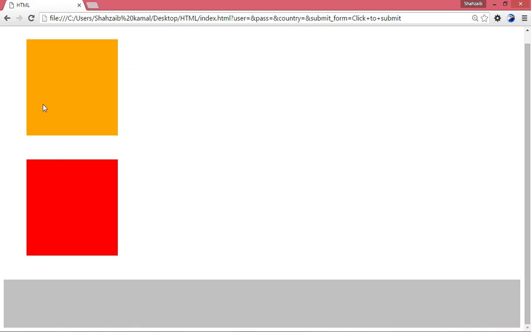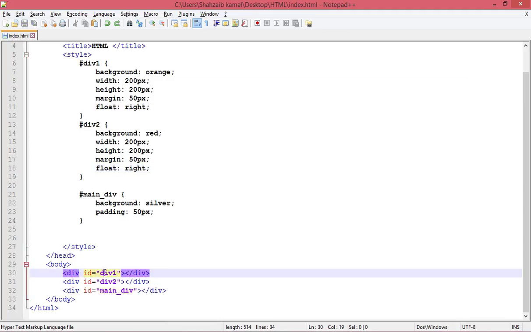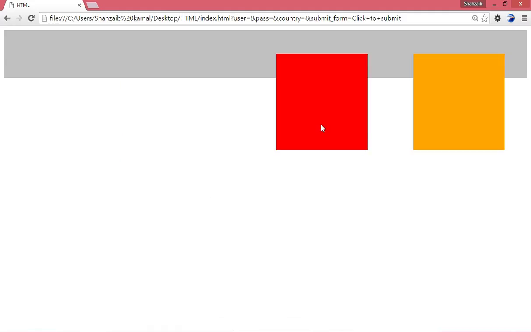So exactly you can see this is the first element, this is the second element, and this is the third element. But when I just apply the floating with the div1 and div2, the position will change. Refresh. Now you can see that they are on the right place, but because this is not floating, and these are floating,